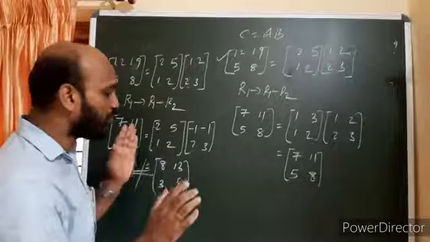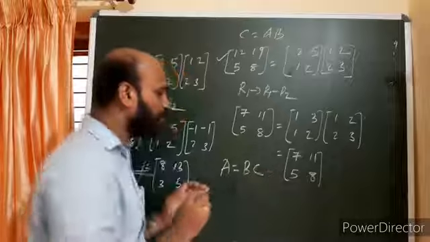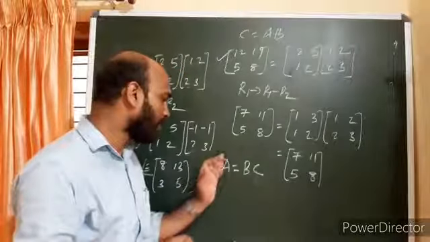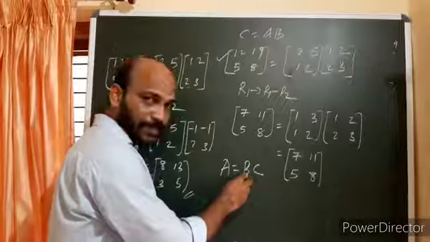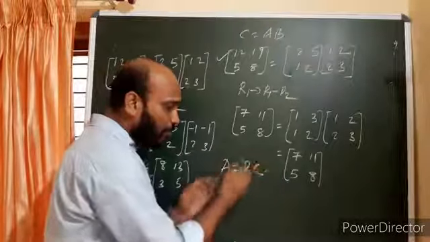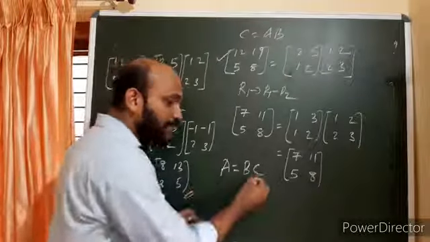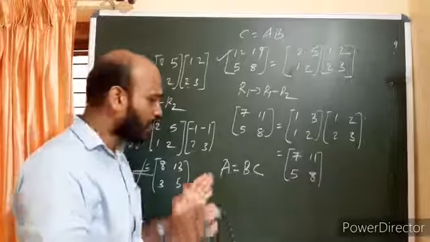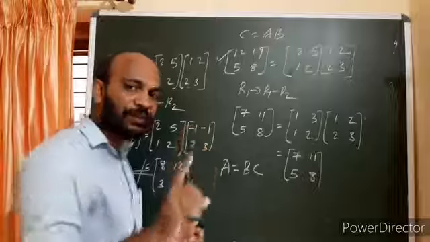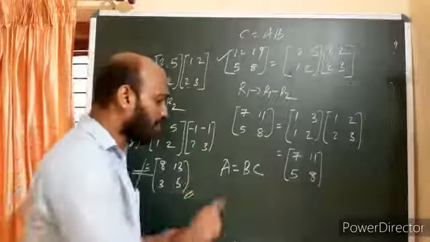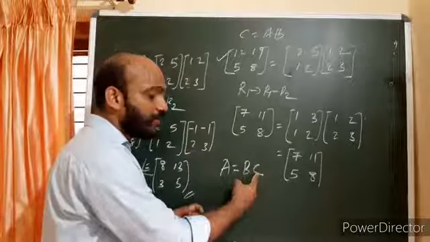So a very important rule. If there is a matrix equation like this, A equal to B into C, if we are using elementary row operation on A, the same operation you have to use on the first matrix on the right hand side. If you are using the same operation on both matrices, it will not be equal. If you are using that operation on the second matrix, then also it will not be equal. So if you are using elementary row operation, you have to use it on the first matrix. And if you are using elementary column operation on A, the same operation you have to use on the second matrix on the right hand side, means on C.